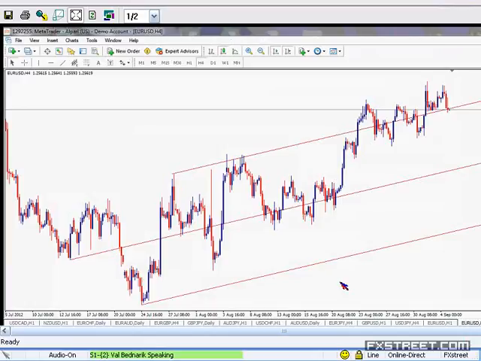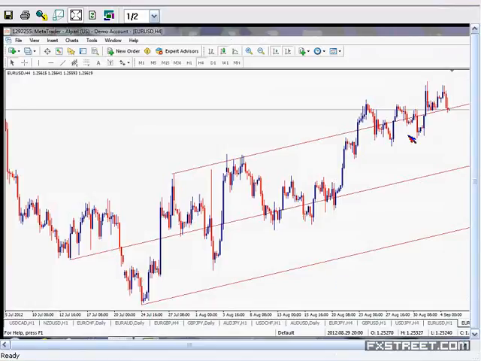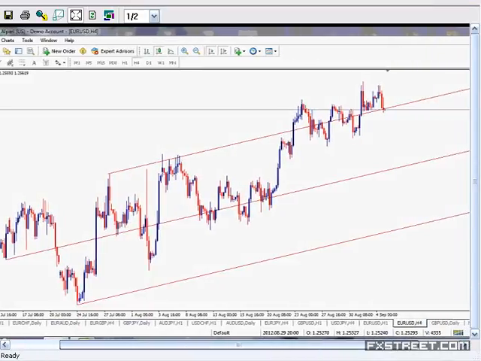Anyway, the final word I have about this tool is that, with no doubt, the steepness or the slope of the pitchfork chart depends on the placement of those first three points, right? In particular, I believe it's point 1, which is the start of the median. Even though point 1 usually starts with a relevant low or relevant high, sometimes,